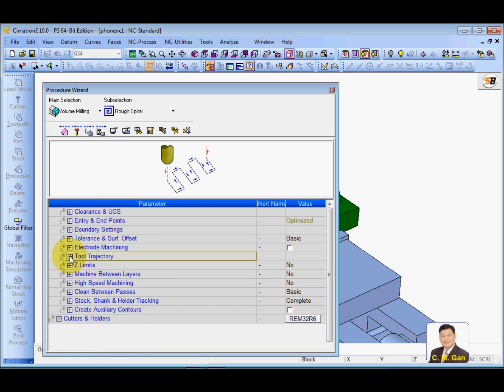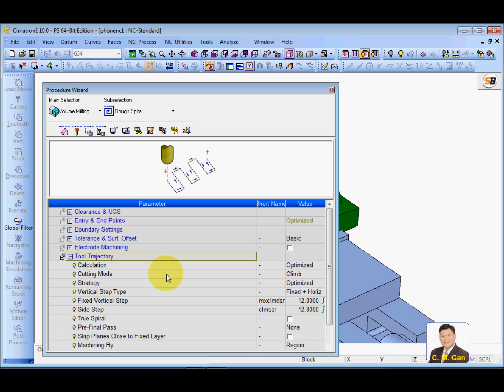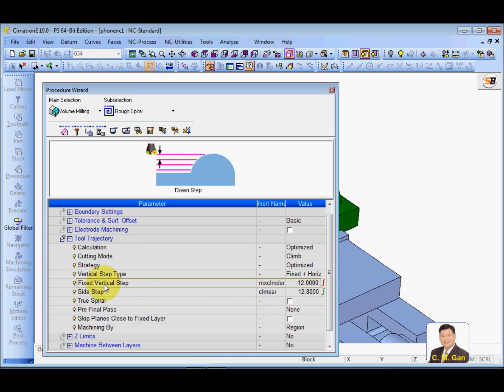Let's go to the tool trajectory here. The fixed vertical step means how deep you want to machine at each level. The value is 0.4 times TLDIA, the tool diameter. The value of the tool diameter is 32. So maybe what I want is, let's keep 0.5 times